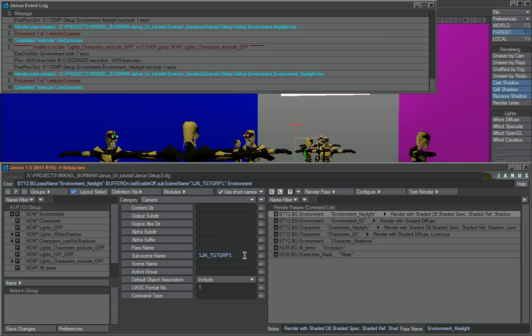For example, we can say subc name, we can put a dot, and then we wanted the keylight, right? So what we can do is maybe we'll use the notes. Just follow me along. JN notes %, and then instead of using this really as a note, what we can do is type in here keylight. What will happen is that the subc name is environment dot keylight, and then the pass name will be appended on top. So if I were to do that,